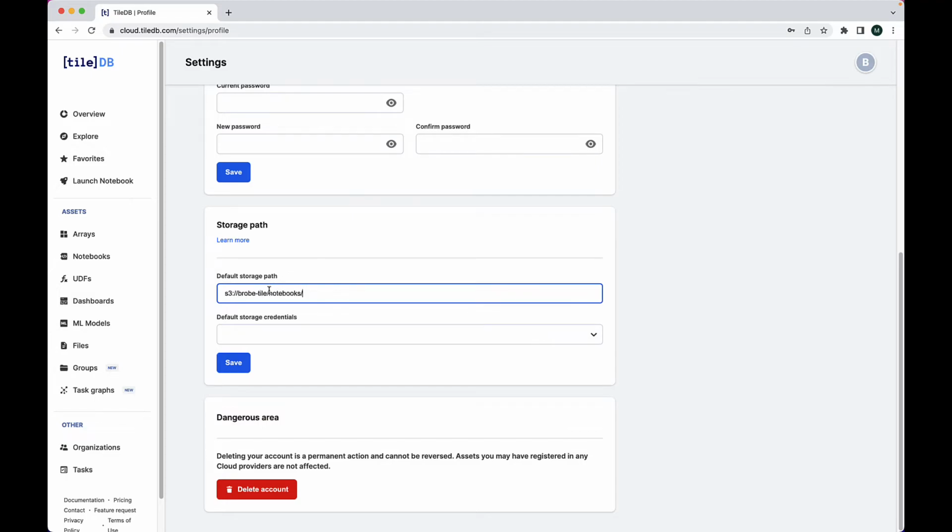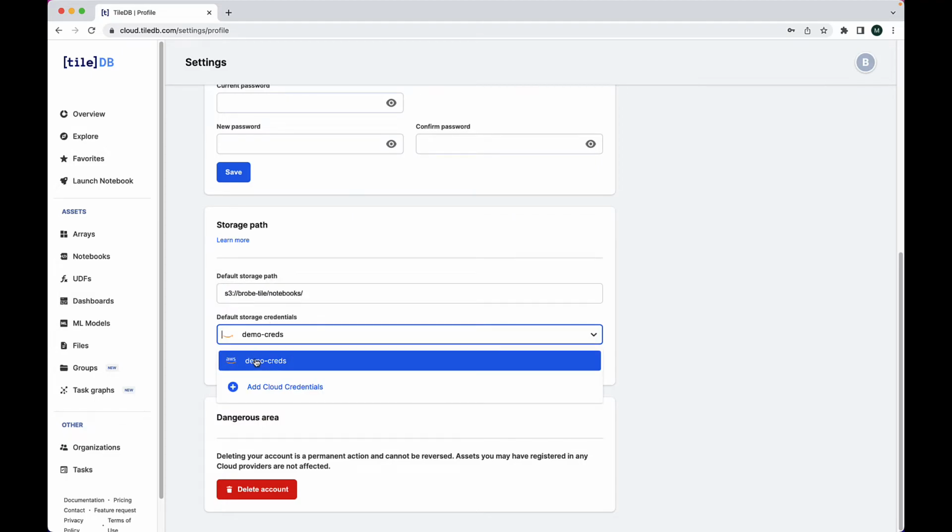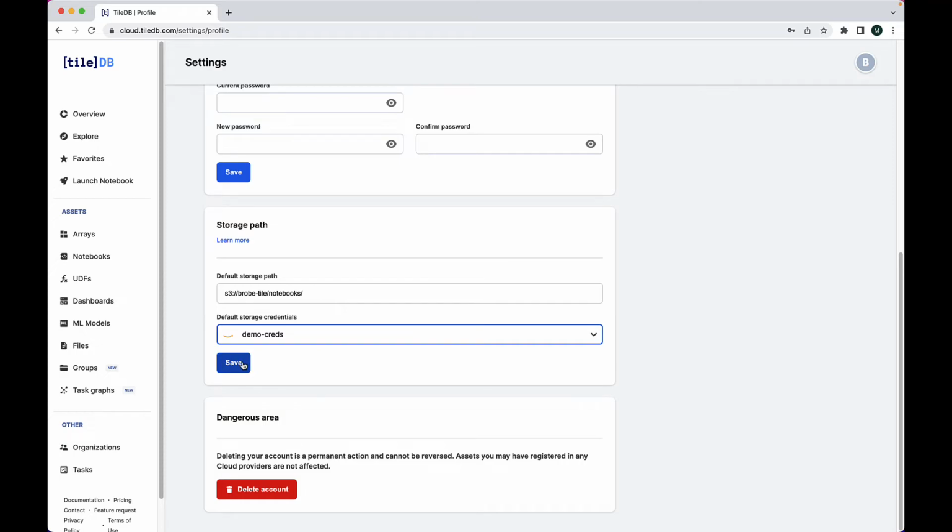Paste your S3 URI into your TileDB Cloud default storage path. Choose the credentials you entered earlier, save, and you're done. Your assets are now stored in the S3 paths that you specified in your account profile. You host your own data. Complete mode achieved. With your account fully set up and in Complete mode, check out the navigation pane on the